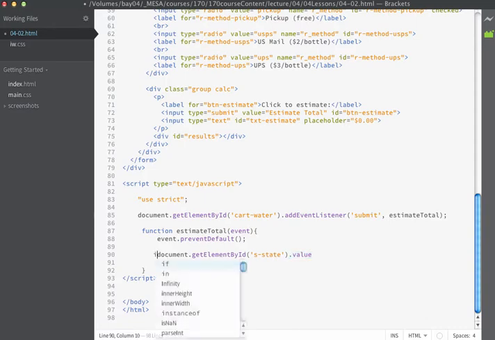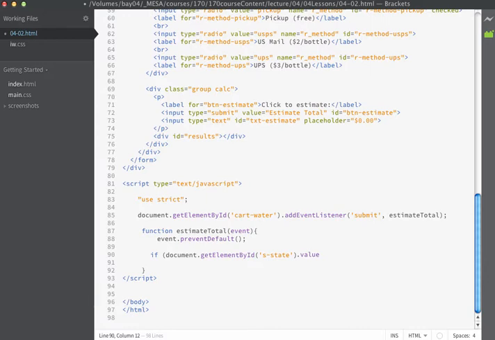We'll change this into a conditional statement by adding if. The condition is going to check and then do something based on whether or not the condition is true. So we're going to say if this value is blank, that is an empty string, then we're going to display the alert message. So we'll say if